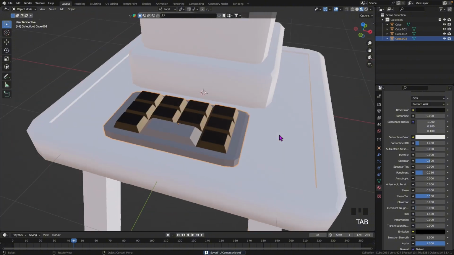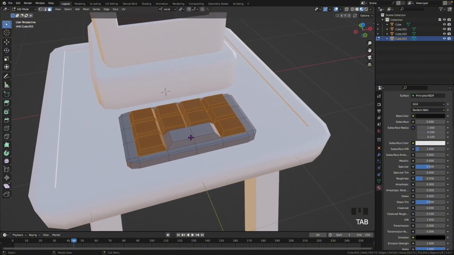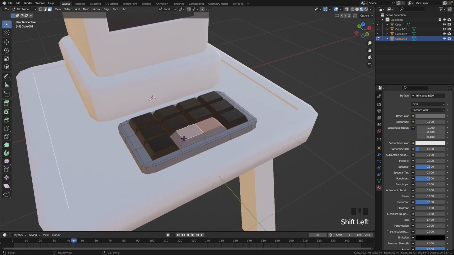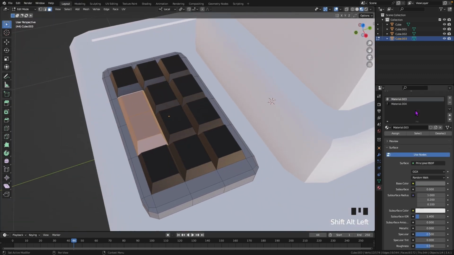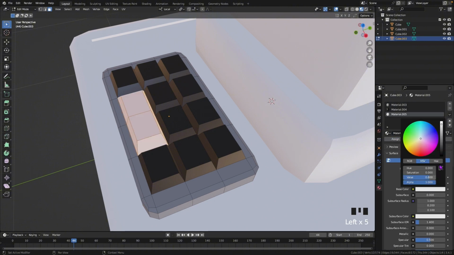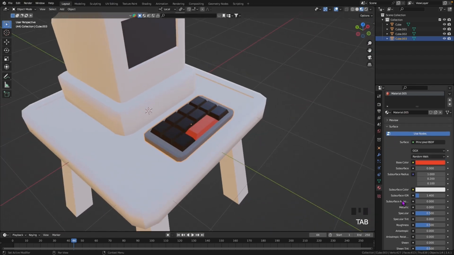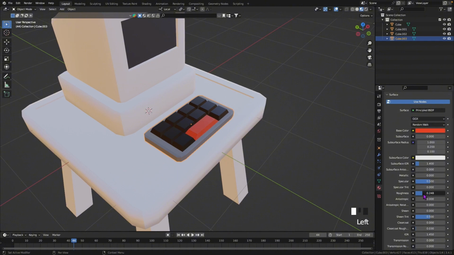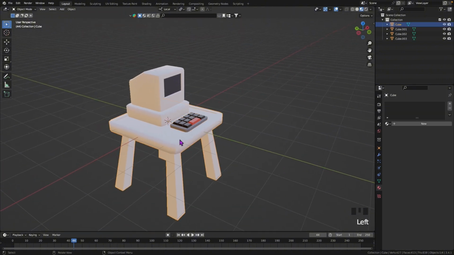So we've got these glossy keycaps, and then the same thing for here. Right, but here we're gonna actually assign a new material to this, which is gonna be like a red, yellow, or orangish red. And then we're also gonna make it glossy like the rest. Right, looks good. Now the table,